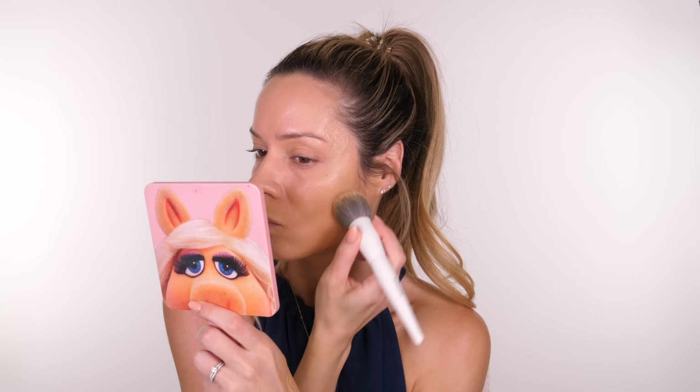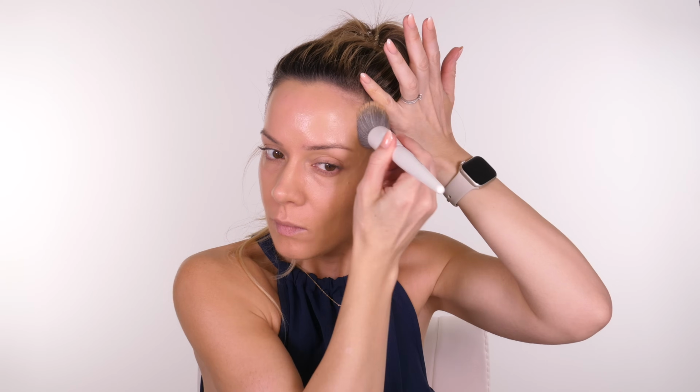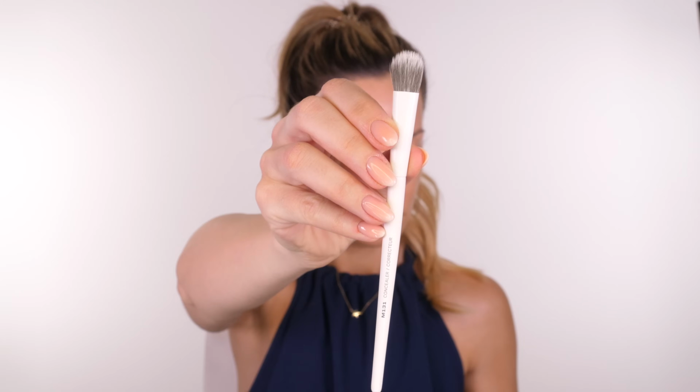Normally I feel the need to go in with a beauty blender over the top of a foundation to get rid of any streaky marks, but with this I didn't need to at all. It looked fantastic. So I think this is probably going to be a new favourite for me, coming away from the beauty blender and using this, especially as this has those silver ion bristles, which is great for antibacterial purposes